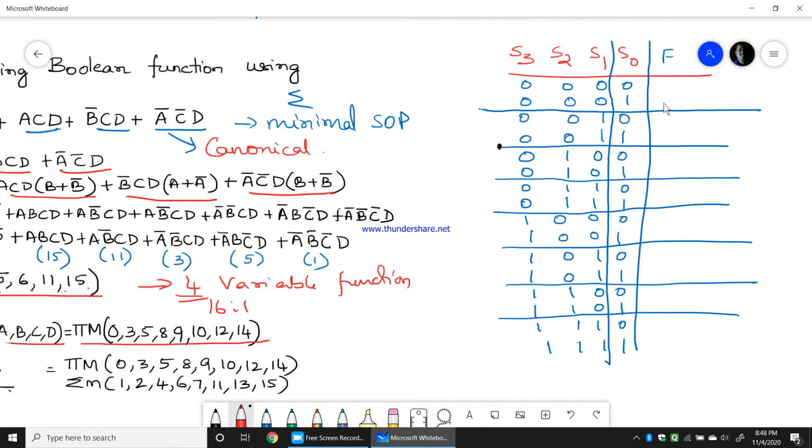So 1 is 1, 3 is 1, 4 is 1, 5 is 1, 6 is 1, 11 is 1, 15 is 1. All others are 0.